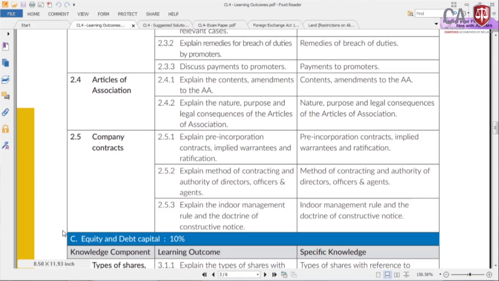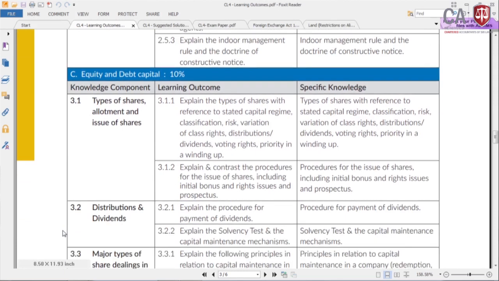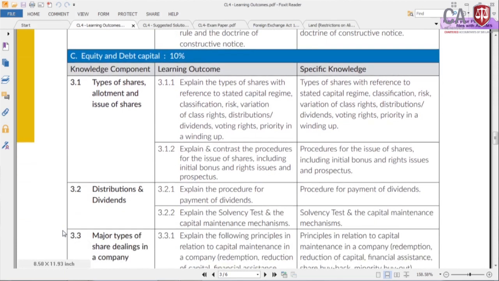Then explain the indoor management rule and the doctrine of constructive notice. You remember the Turquand case, and so you can have specific knowledge on the indoor management rule and the doctrine of constructive notice. Then on the equity and debt capital, types of shares, allotments and issue of shares. We have done with the outcome where you can explain the types of shares with reference to stated capital regime, classification, risk,